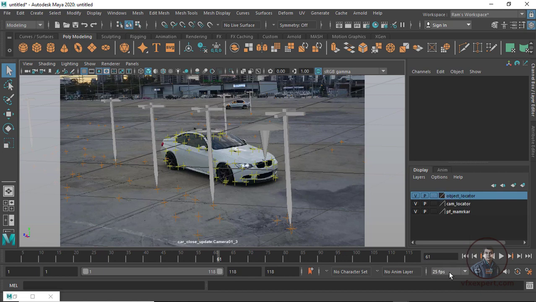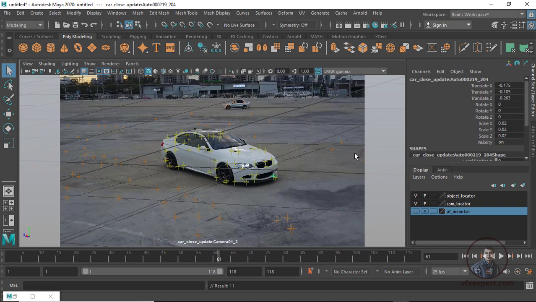Okay, same 25 fps. Okay, now if you want to hide your just little bit these markers which you have created from PFTrack, then simply you can hide. Now just hide from here. Okay,